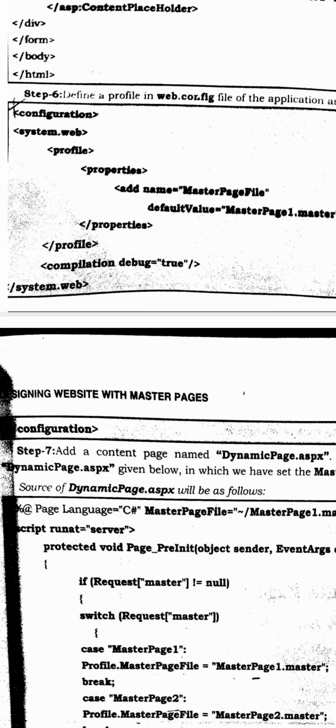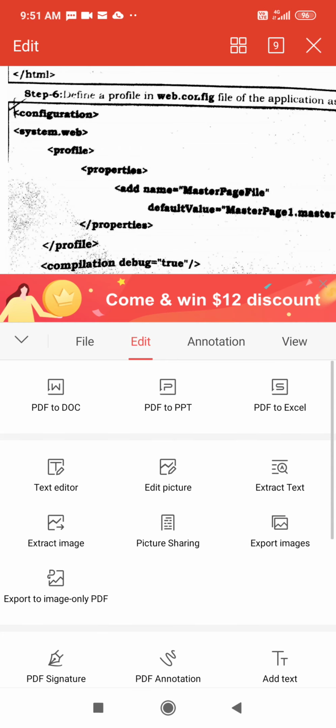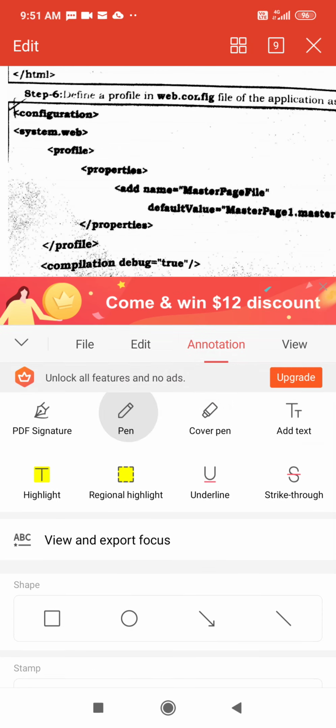We will have to tell the default value of master page, which master page will open when we load the page, which master page we want to appear automatically if user does not select any master page. For that we will have to give the configuration, because we have two different master pages. For this, configuration tag is used. So it's very easy, you can see this. Right. So there is a configuration tag.